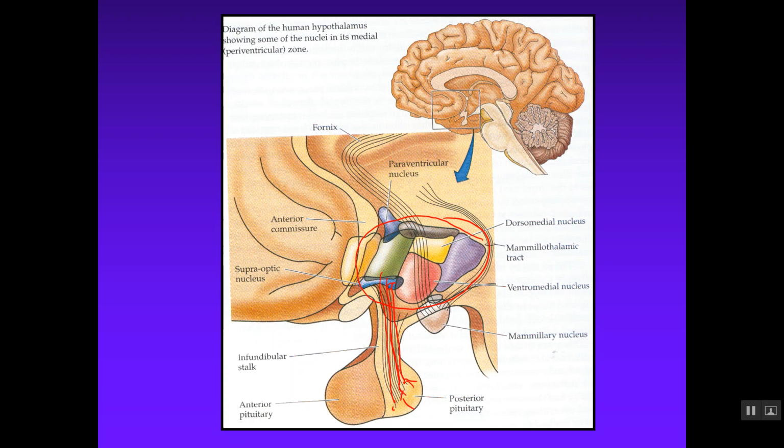actually into the bloodstream. But then some of these also influence secretion of the anterior pituitary gland, which is going to secrete hormonal substances into the bloodstream. So you have this division. And this right here, this little stalk is called the infundibulum, the infundibular stalk. And that connects the hypothalamus and those axons with the pituitary gland. And this pituitary gland sits in this bone in your skull that wraps around it like this, called the sella turcica. And there's a little membrane that kind of wraps around the top of the